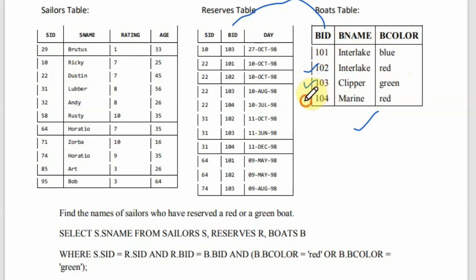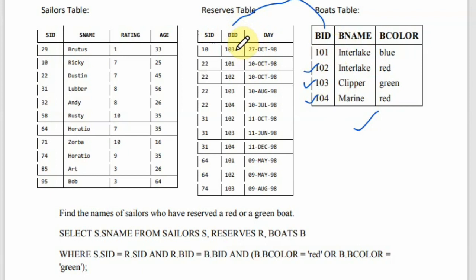Now come to the reserves table and retrieve the SIDs which match with 102, 103 and 104. The first BID is 103, so that SID is taken. The next BID in the reserves table is 101.